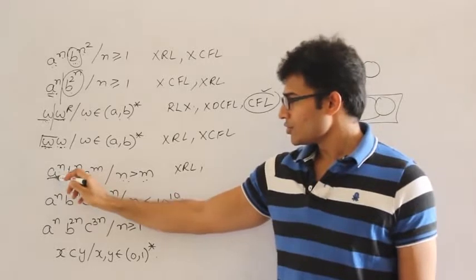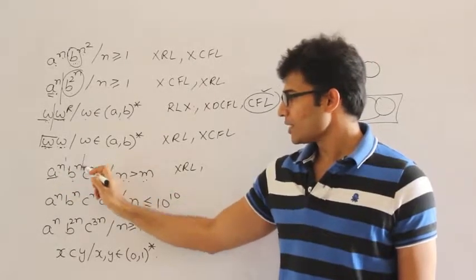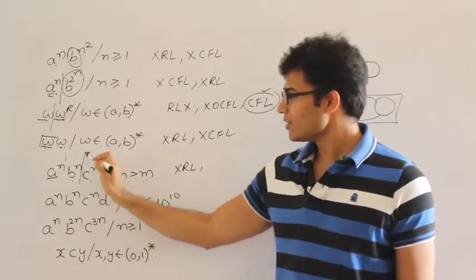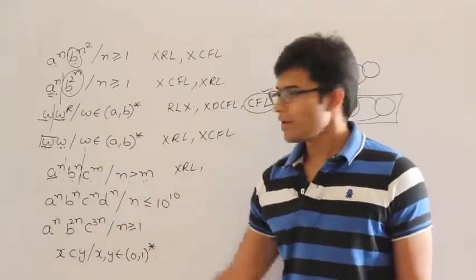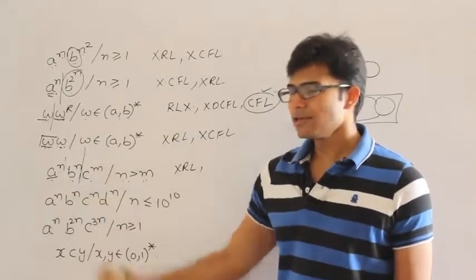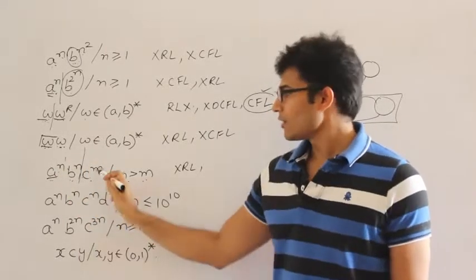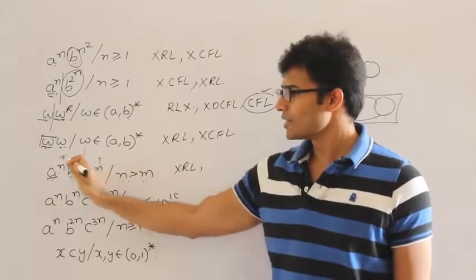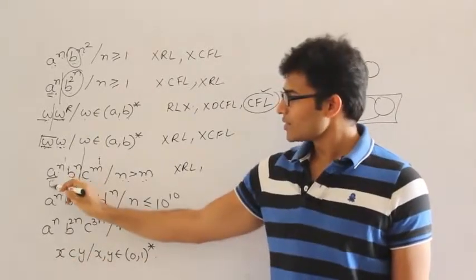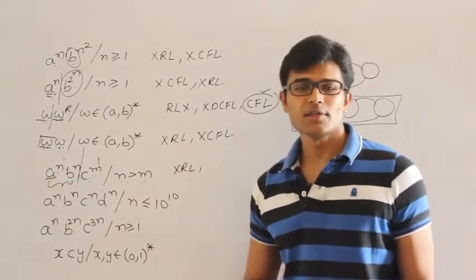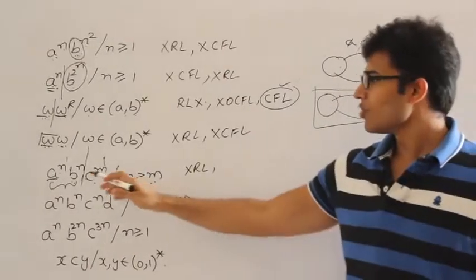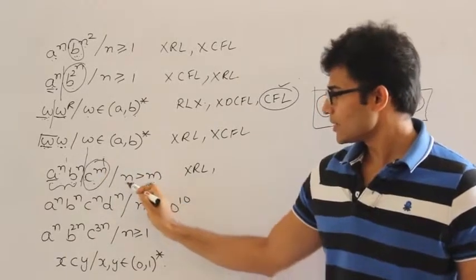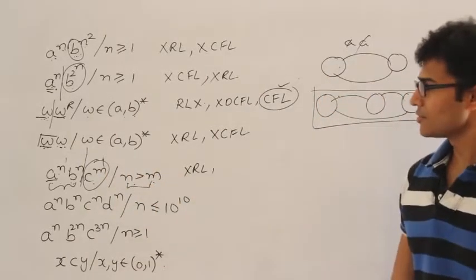For every a you push a, and for every b you pop a, therefore you can accept a^n b^n. By the time you reach here, there will be nothing remaining in this stack. All the a's will be emptied and all the b's have already been seen. Now you cannot compare the remaining c's against b's and a's. By the time you finish comparing a's and b's, you will not have anything on the stack, and you cannot go back to read the input. So there will be nothing to compare against c's. For such a language, a pushdown automaton is not possible.